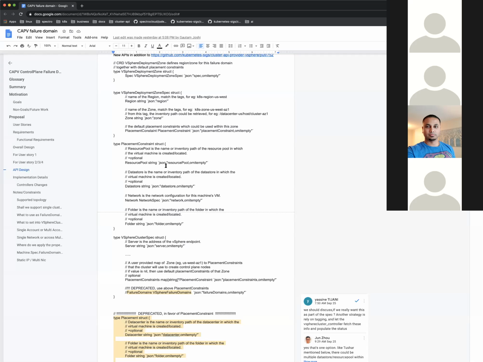Yes. From one CAPV, you need to predefine all the placement fault domains, and from the vSphere cluster level, you just need to do a mapping. The mapping is not to a specific fault domain, but to another level of abstraction. This is the actual fault domain, and this is the placement constraint.